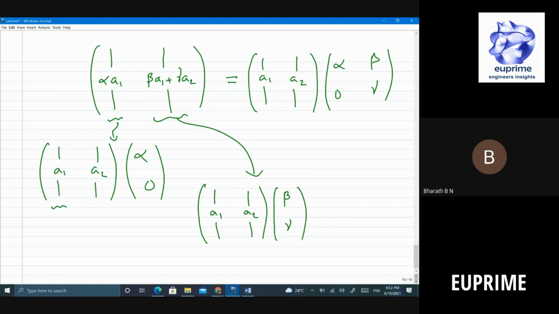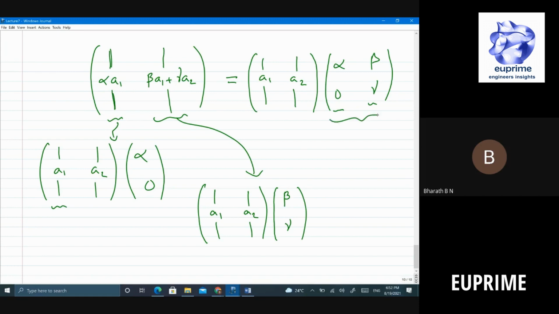Do you agree with this? If I multiply this matrix by the first column, I'll get the first column here. If I multiply with the second column, I'll get the second column here. Do you agree with this? Okay. So essentially, I have written it, though this is not my intention, so I have to write it in a slightly different fashion. But nevertheless,